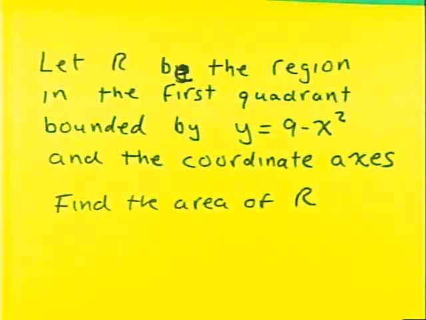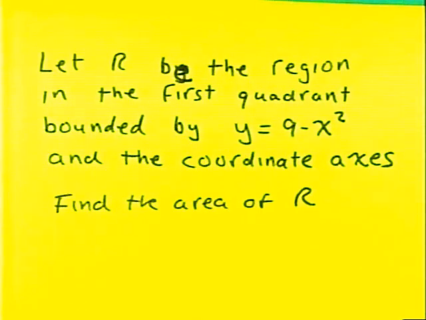Hey, I'm going to give you an area problem. Let R be the region in the first quadrant bounded by y equals 9 minus x squared and the coordinate axes. Find the area of R. Okay, basically. Turn down your TV just a little bit, okay? Area under the curve or region is